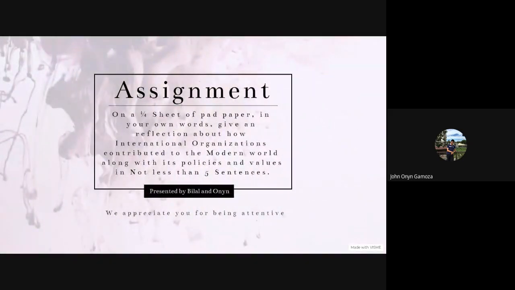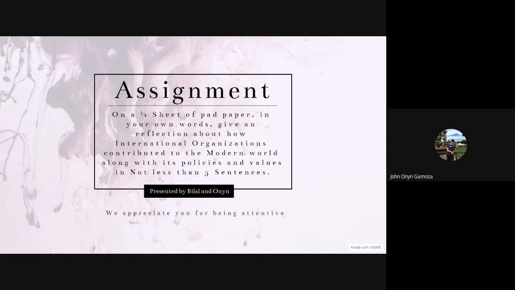So let's go to another slide, which will be the assignment. Here is the description of the assignment. On a one-fourth sheet of paper, in your own words, give a reflection about how international organizations contributed to the modern world along with its policies and values, in not less than five sentences. So the assignment is more of the reflective part, which will affect the affective domain of our learning